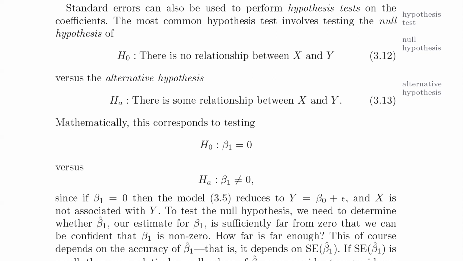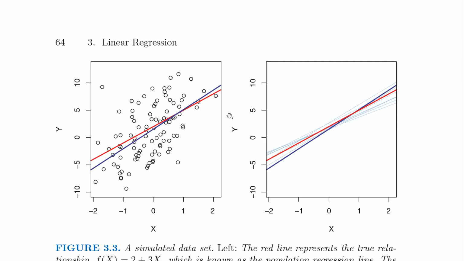H naught is what you could imagine as the status quo, the thing that's not going to get you too excited. And in the case of what we're doing in this chapter, we're